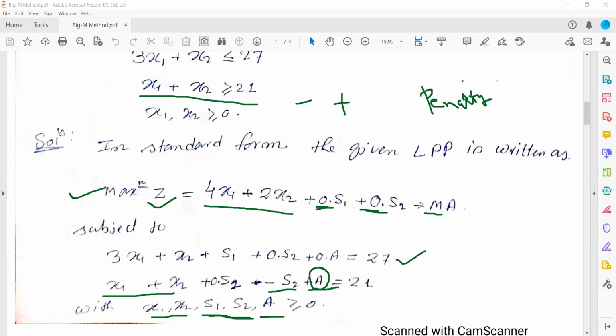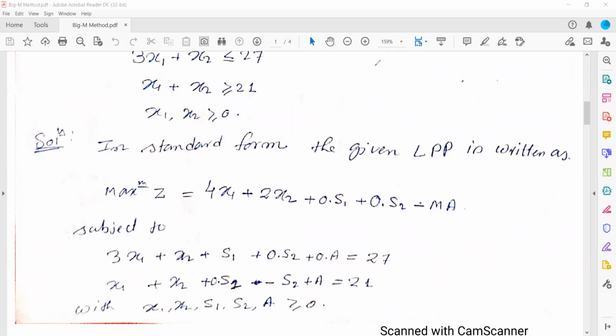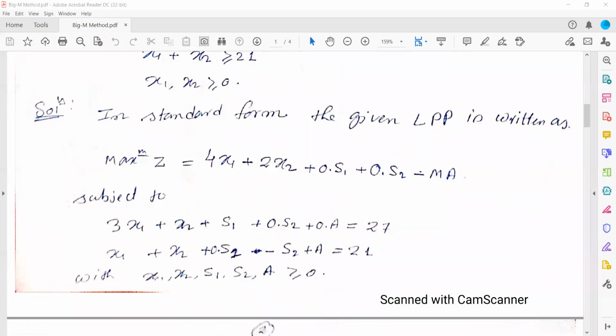Okay. So if you have two artificial variables, say this is A1 and the other is A2, then it is minus M A1 and minus M A2. The penalty should be the same; it should not change. Here also the penalty is M. But since you have only one artificial variable, we'll introduce only one artificial variable with penalty M, subject to the non-negative restriction x1, x2, s1, s2, a greater than or equal to 0.